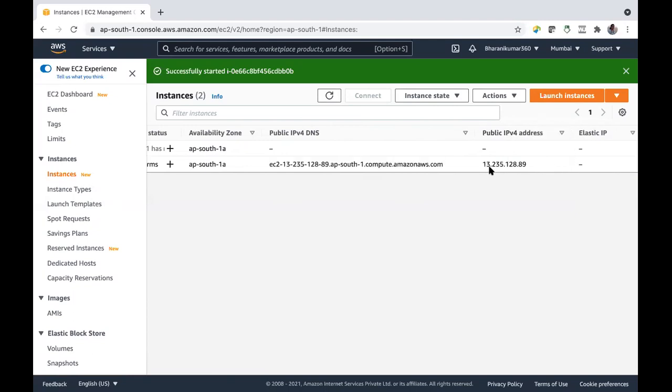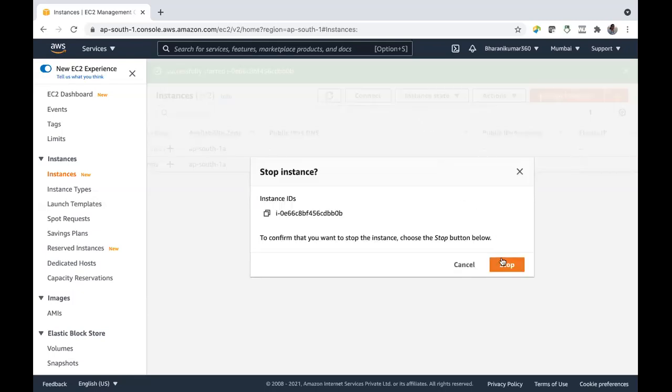It's some 13.235.128 something. And this is a dynamic IP address. Each time I stop and start my instance, I'll get a new IP address. This is not static. Let me stop the instance. Stop.